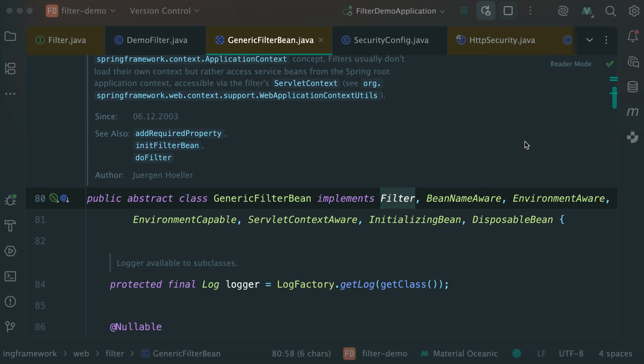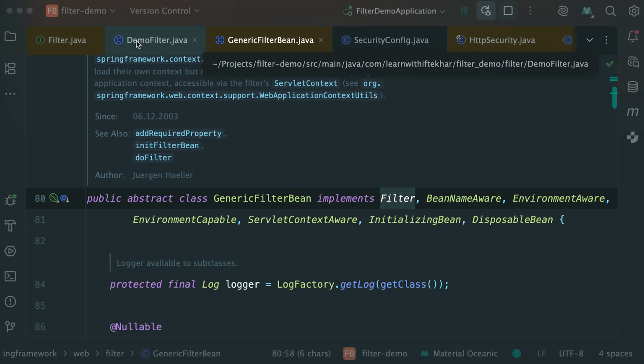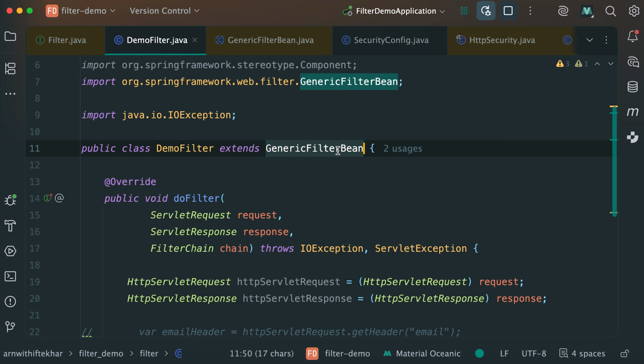However, if you are building a Spring Boot application and your filter needs to easily interact with the Spring environment, for example, reading application properties or accessing the application context, then GenericFilterBean is the better choice. It seamlessly bridges the standard Servlet API and Spring's powerful lifecycle features. Okay, we have already learned two options. Here is another option to create a filter in Spring Framework. Instead of GenericFilterBean, we can extend